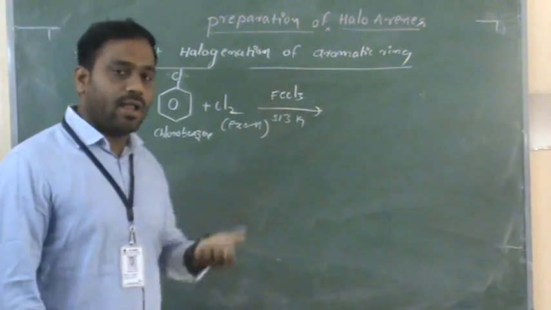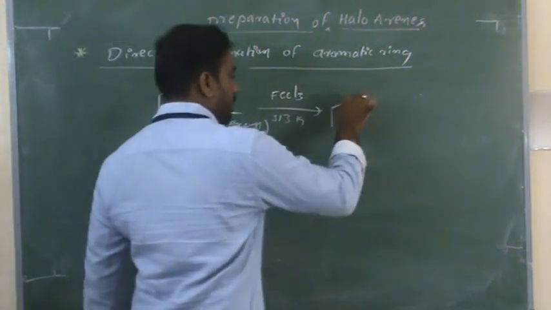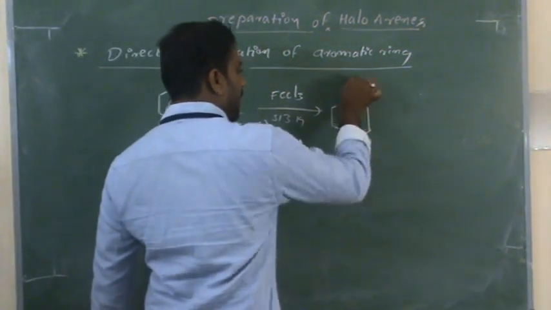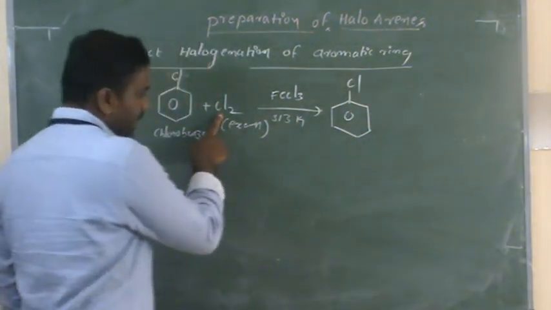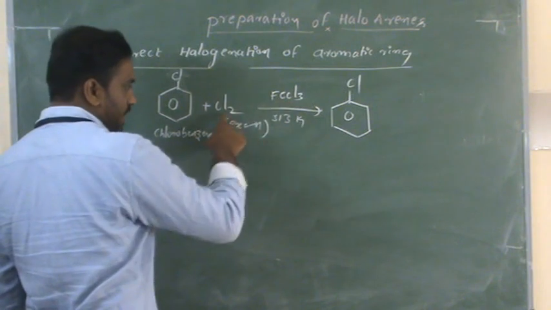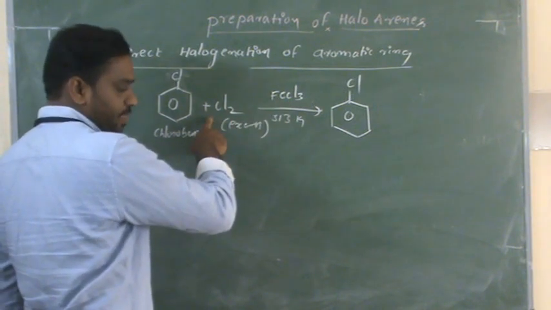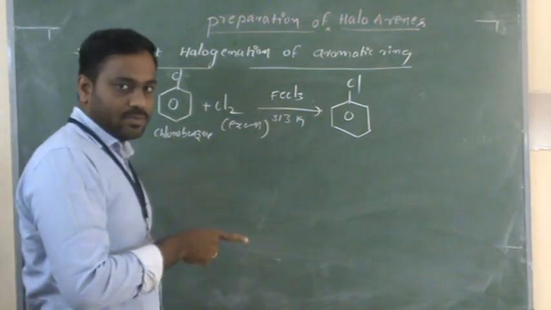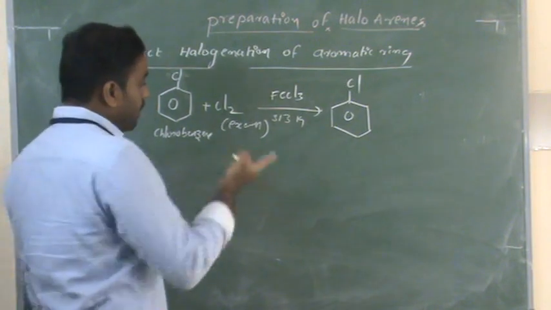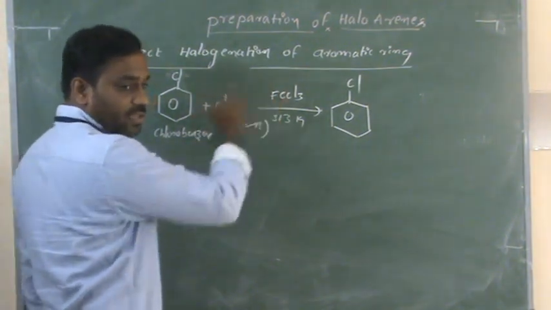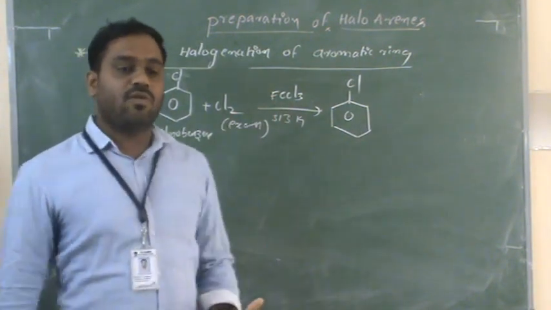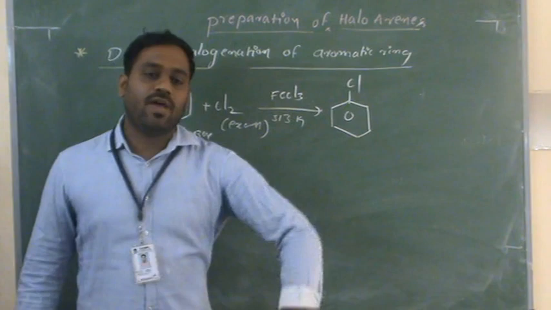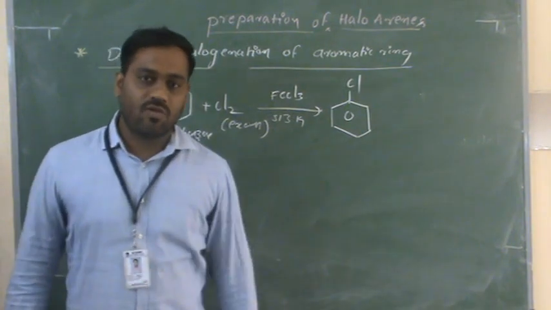It is going to attack either the ortho or the para position. Already one Cl is present on the benzene. The electrophile is generated by the reaction of Cl2 and FeCl3, which is the initial step. I did not go through the mechanism, you learn it in first PUC. Cl2 can react with FeCl3, both can react, and there is a generation of the electrophile. Once the electrophile is generated, that electrophile attacks.